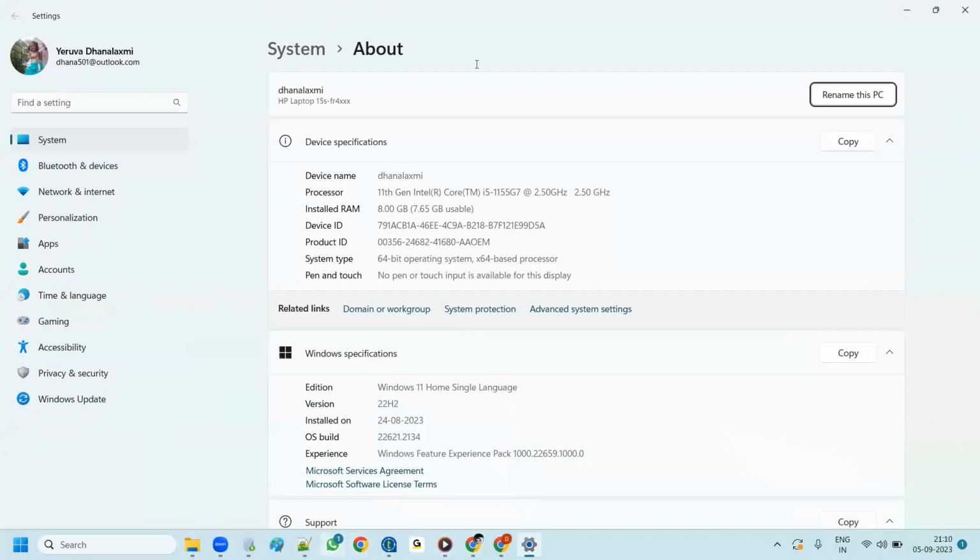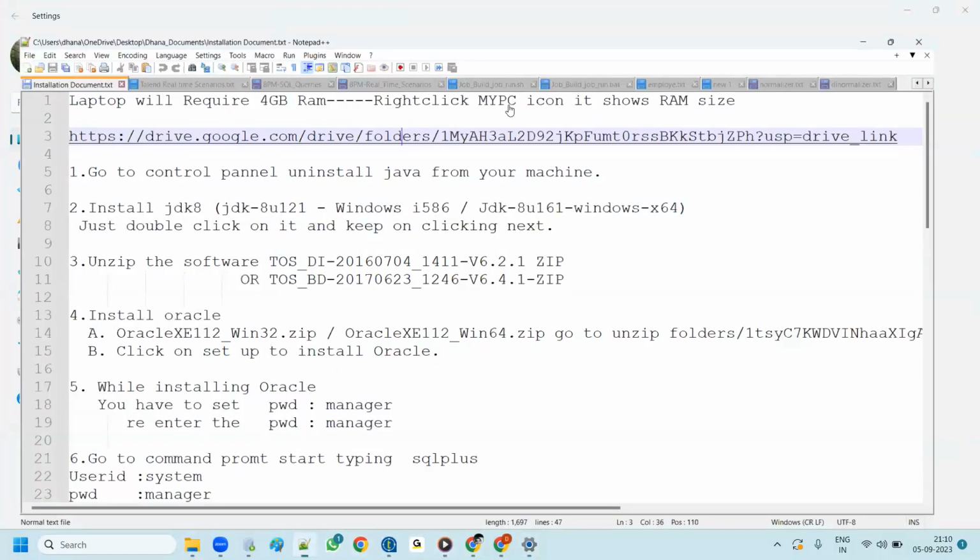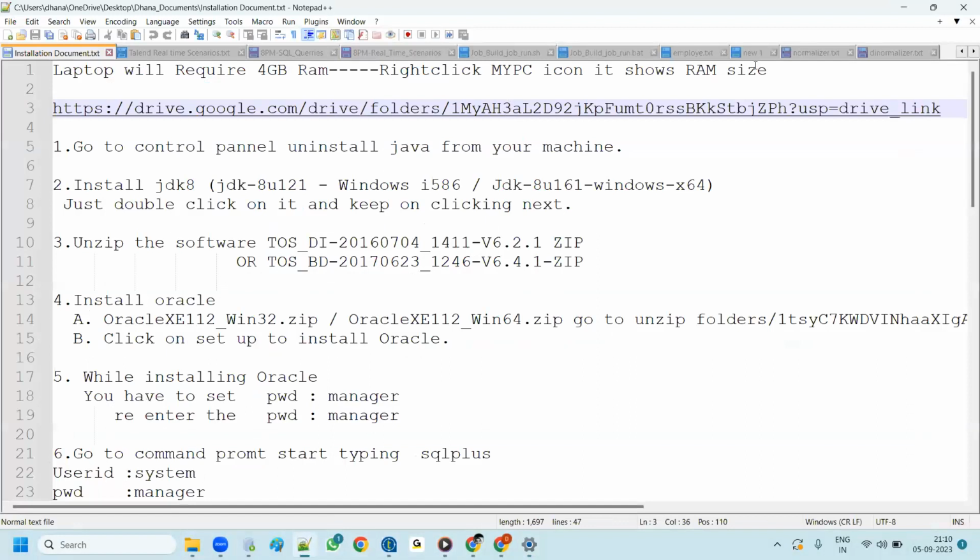I will send the document also. What is the second? Right click My PC icon. It shows the RAM size. Based on this, the Talent software requires 4 GB RAM. If you have 4 GB RAM, purchase another 2 GB and add it. 4 GB is also enough. And next point,